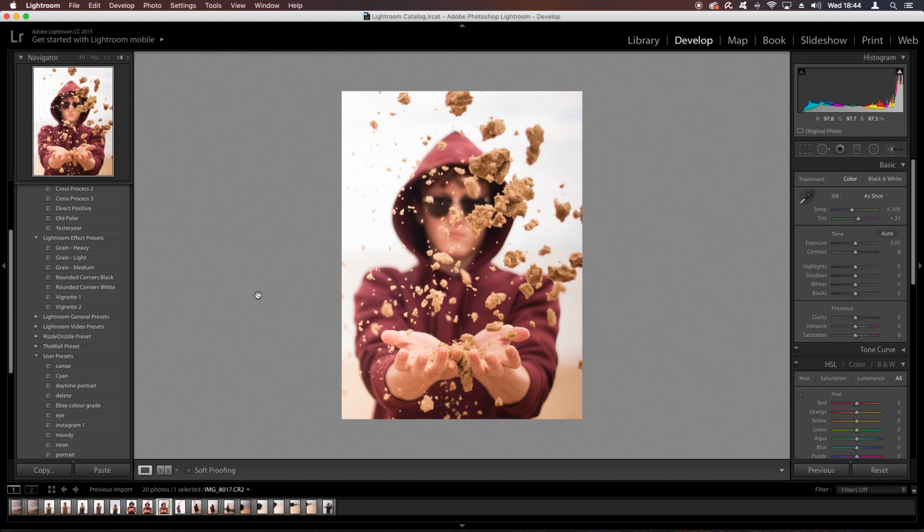Okay, so I wanted to do a really quick video on how to fix an overexposed image. Now, this one isn't too bad because it's only the sky that's really overexposed. You can see here on the histogram, literally everything is up on the far top right. So if I pull down the highlights, you can see not a lot of difference is made. So hopefully in this video we're going to be able to bring this image and turn it into something actually